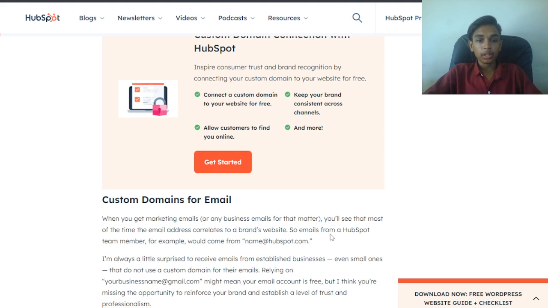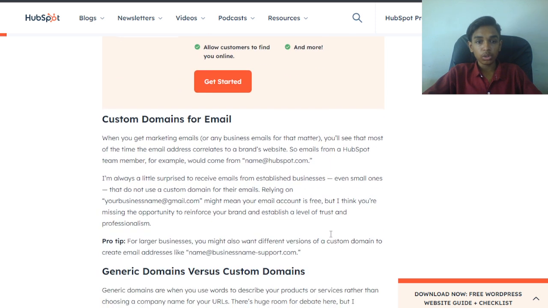Custom domains for email. When you get marketing emails or any business emails from marketers, the email address is one of the first things you notice, whether it's a fully branded email. HubSpot's team members, for example, would come from name@HubSpot.com. I am always a little surprised to receive emails from established businesses, even small ones,